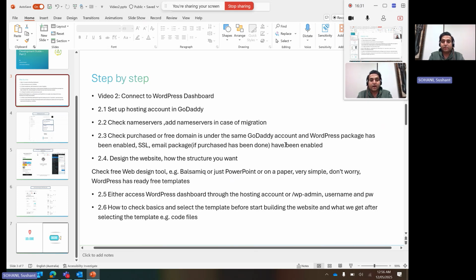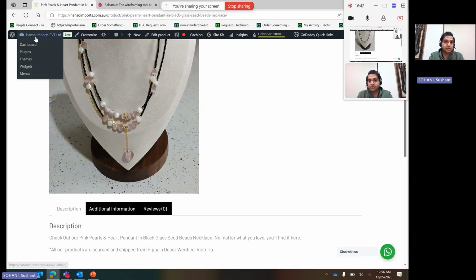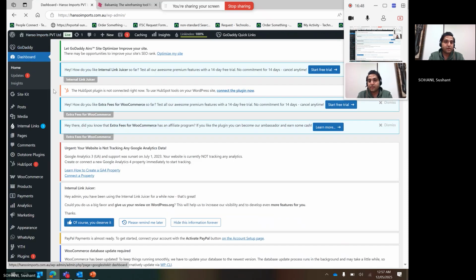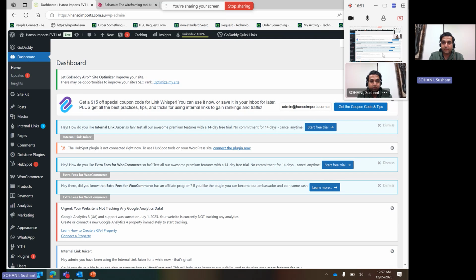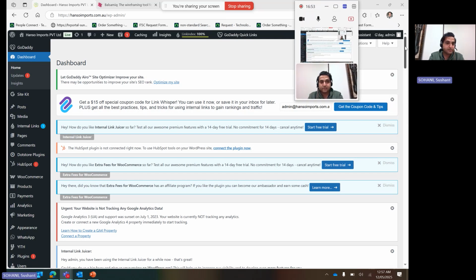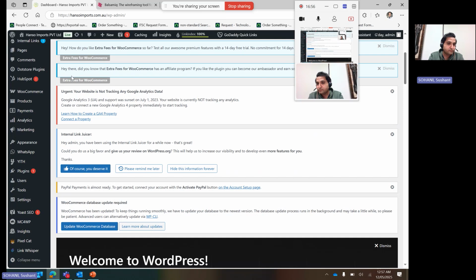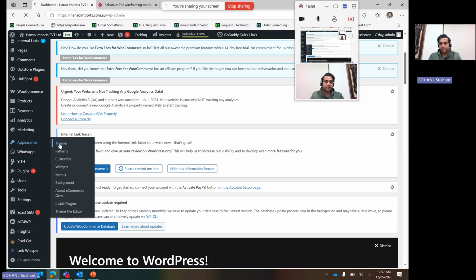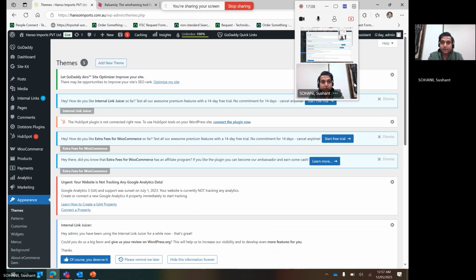Okay, and now I would like to revisit the dashboard and show you the basics about the template, and other things we will discuss in the next video. Okay, so let's go back to the dashboard here. Click here, go to the dashboard. Okay, so here what you will see is appearance and themes. All right. So in appearance and themes,